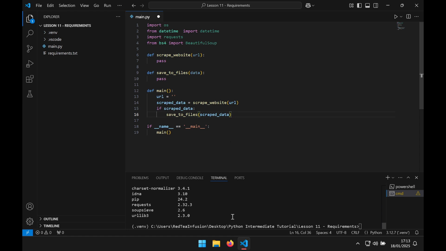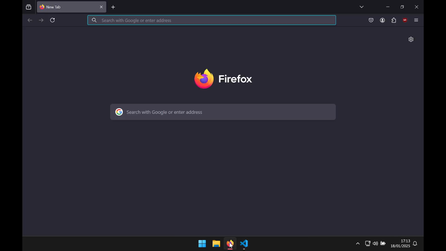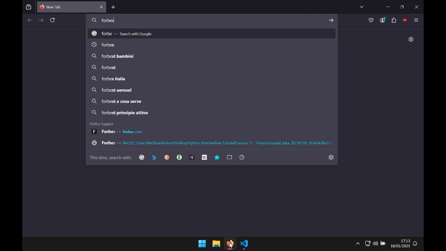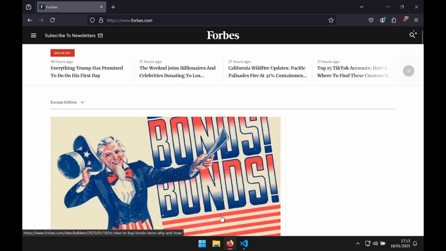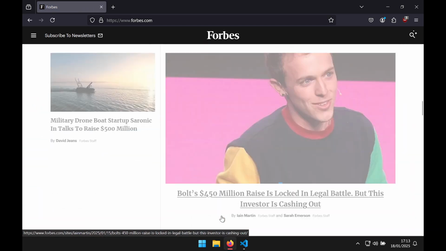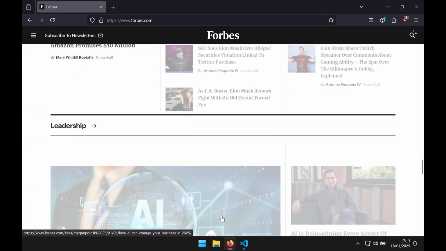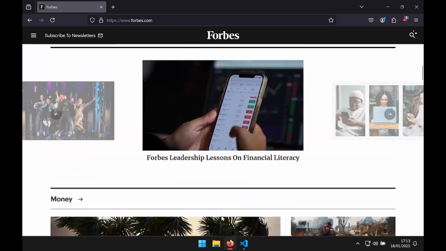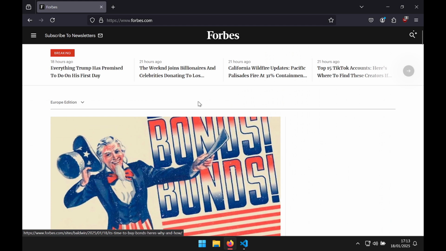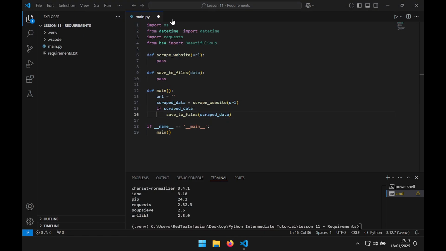Now let's pick a site: forbes.com. As you can see, it's full of text and links. Let's try to take as much as we can. Let's copy the URL. Let's paste it. And let's define the